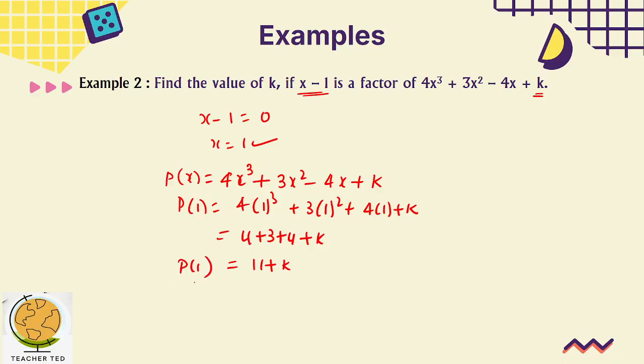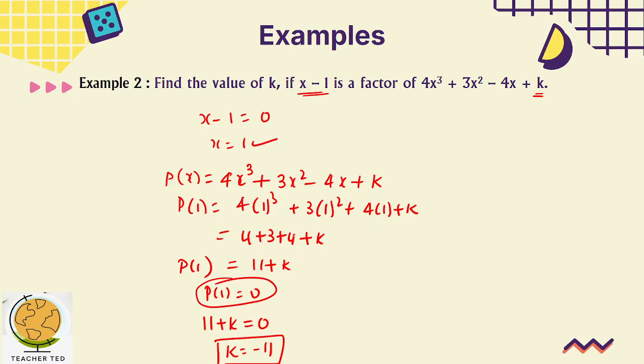So here, by the remainder theorem, you need to find out the value of k. Substitute p of 1 is equal to 0. It becomes 11 plus k is equal to 0. K is equal to minus 11. I hope all of you understood this. It's very simple. You need to put the given polynomial and equate to 0 to find out the value of